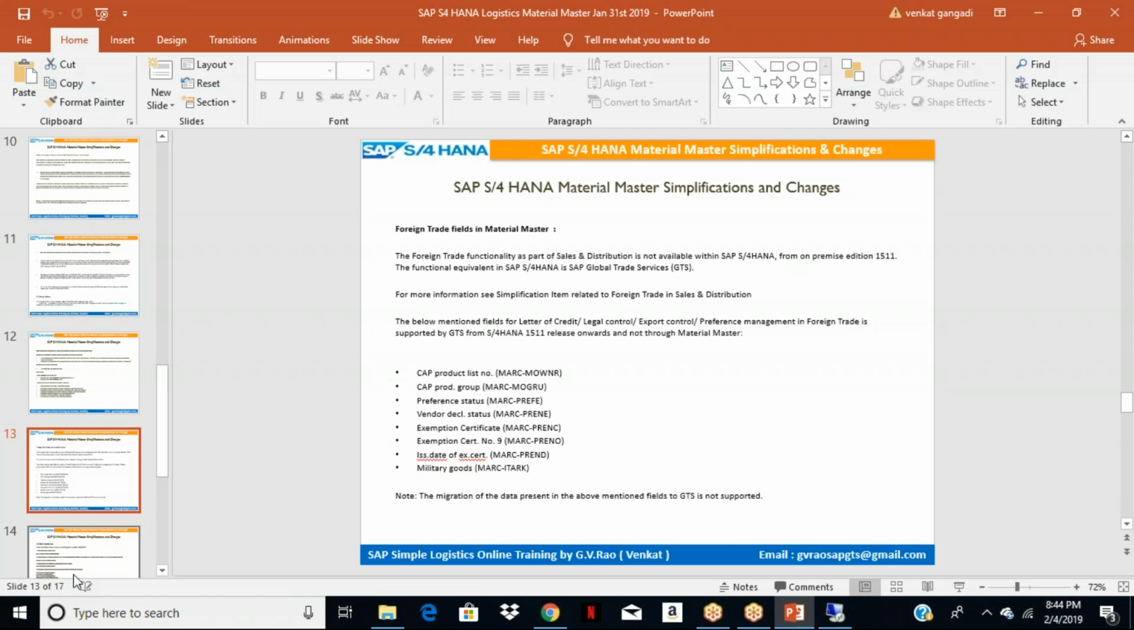made it mandatory to use the GTS module if you are dealing with import or export. That means SAP simply removed the foreign trade module from SAP S4HANA. If any company goes to SAP S4HANA, whether it is system conversion or new implementation, whatever it is,